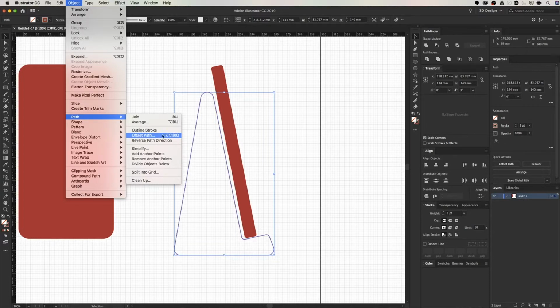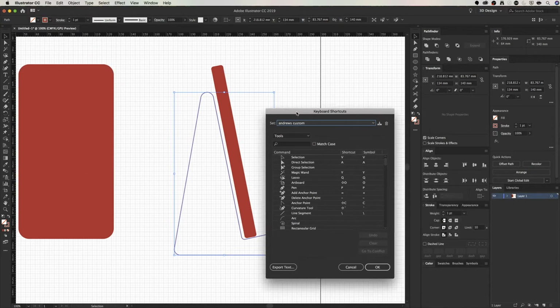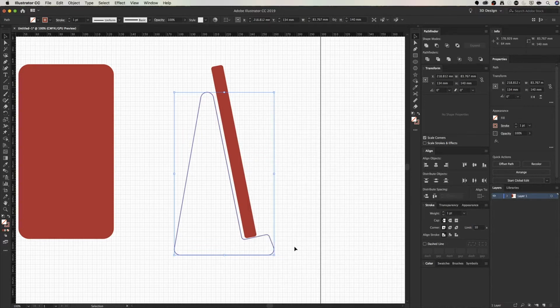And so I have actually gone into keyboard shortcuts. You can go to Edit, Keyboard Shortcuts. Really quick, I'll show you how to do this. Tools to menu commands, search for offset, and then you see Offset Path, and there will be nothing here, and you can set your own shortcut in here. So I've done it. I've set Command Option Shift O, and I have gotten very intimate with that shortcut